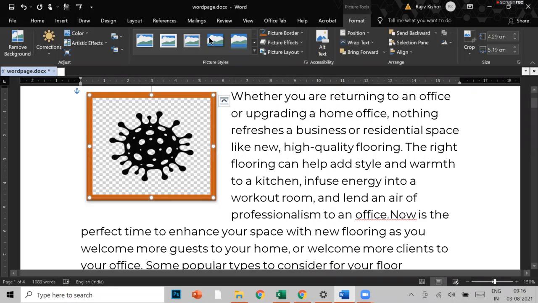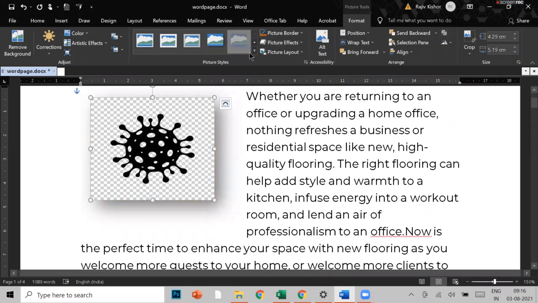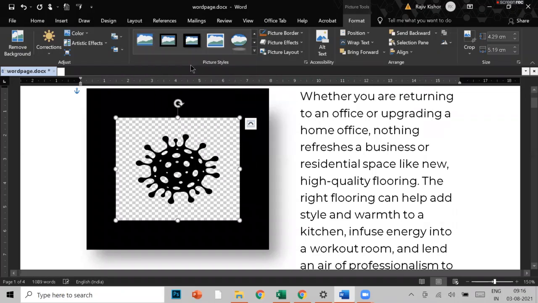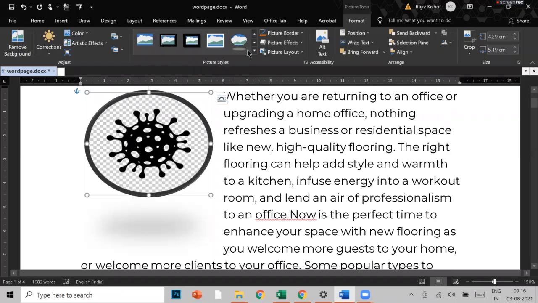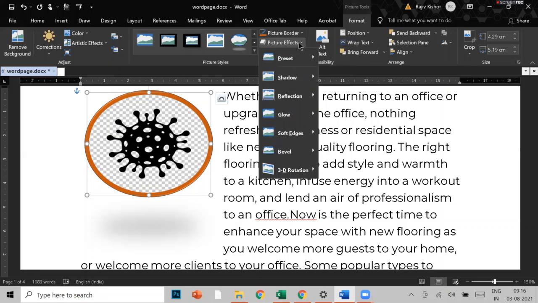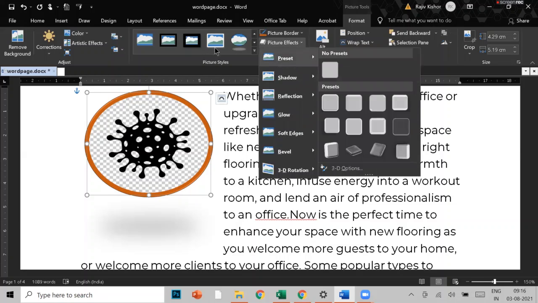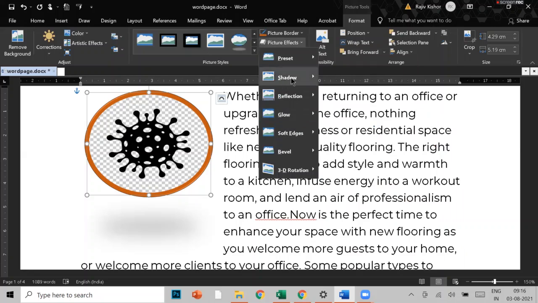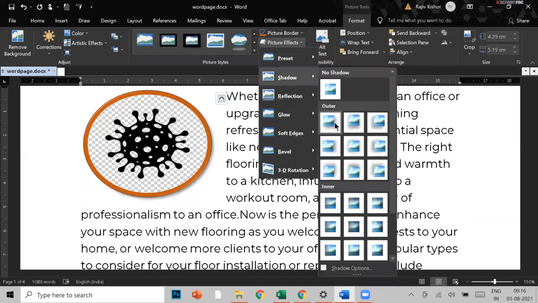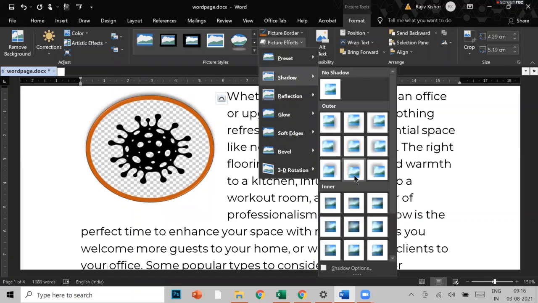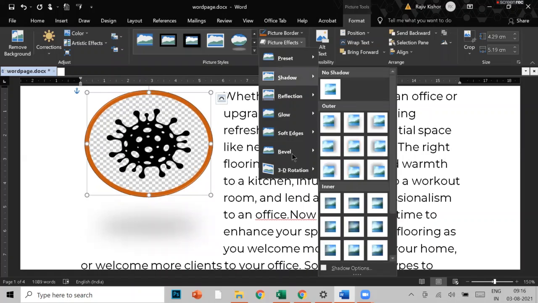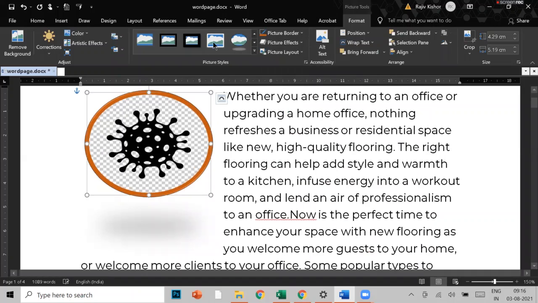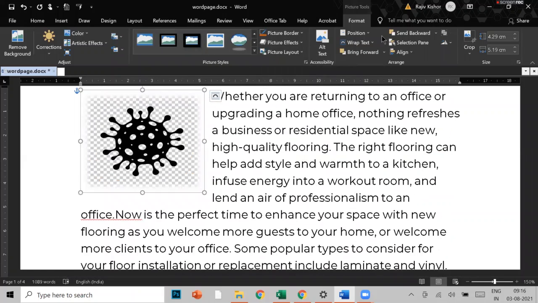Okay. Now there are many styles given. You can select any style. Fine, as well as you can change the color also. Again, there are some styles. They are all the same styles, but having one effect, like a shadow effect you want to give, like this. So these are some styles given. That's all.